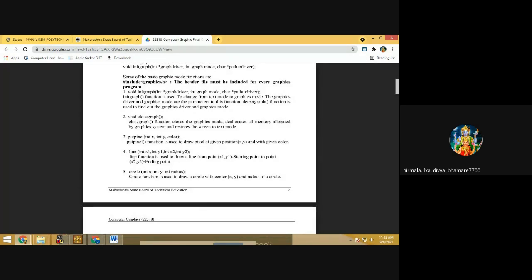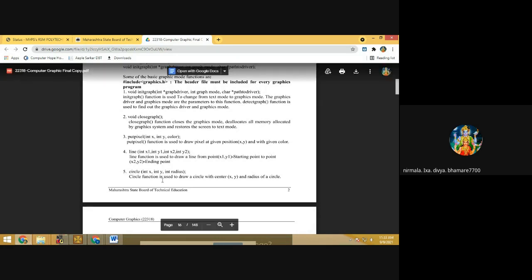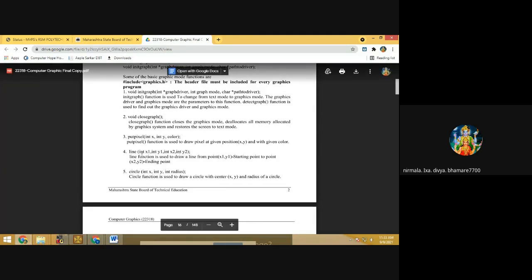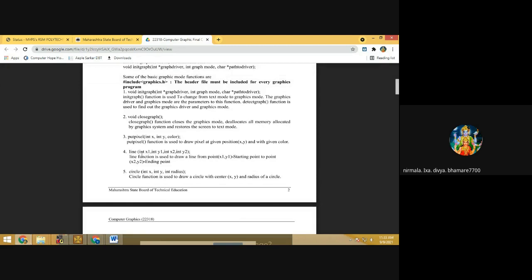Then how to draw a line? The line function has four parameters: integer x1, integer y1, integer x2, integer y2. Again x and y are the coordinates. See, the starting coordinates of the line are integer x1, integer y1.